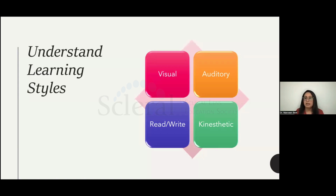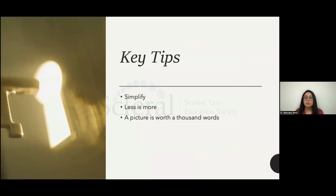And lastly, we have our kinesthetic learners. So people are hands-on learners. So these are patients who prefer to perform a skill and then they learn best through that particular strategy. So the key tips that we can keep in mind when we are breaking a diagnosis to a patient is first,